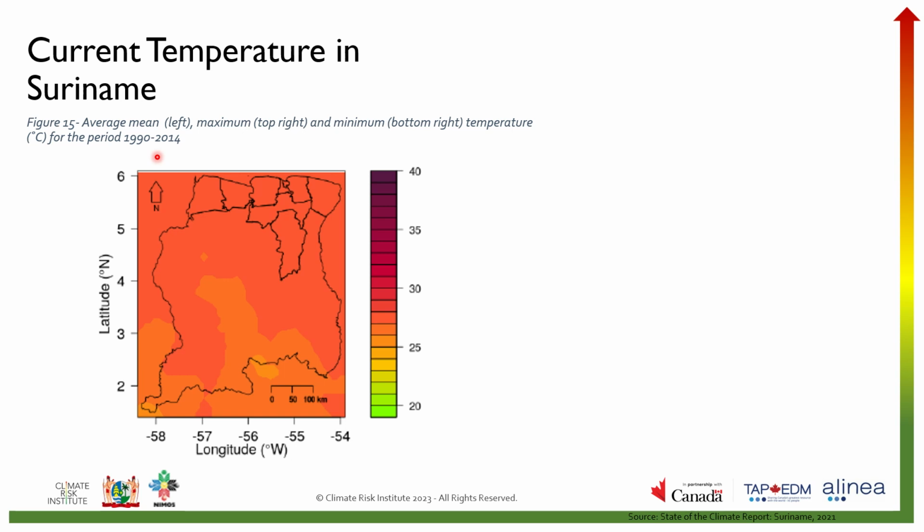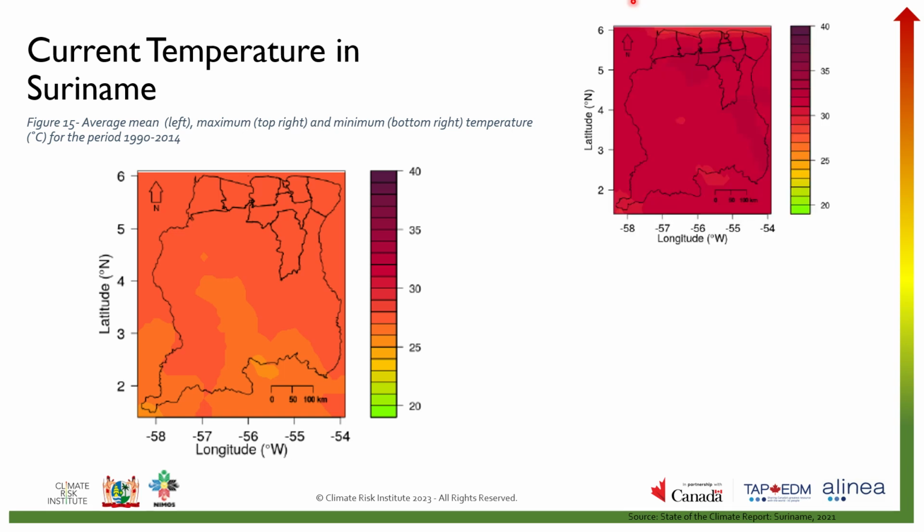As we can see, the average daily temperature is similar throughout most of the country. We can tell this because it's mostly orange. Throughout the north and some of the central areas, we can see with the darker orange, the average temperature is about 27 degrees Celsius. And then on the southern border, where we would see higher elevations, we have a slightly lower mean temperature, closer to the 25 degrees Celsius mark. And we can tell it is lower based on the lighter orange color.